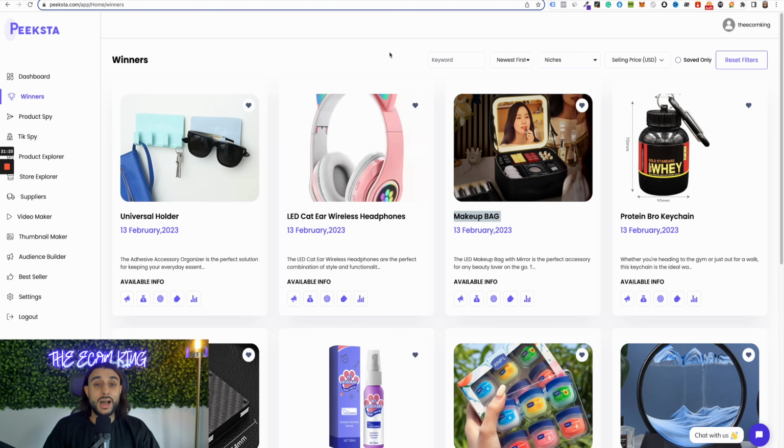Would I say this is worth $70? I'm not too sure. I'd say it's worth maybe $30 or $20, but I definitely wouldn't say $70, especially for a beginner. If you have to go through 10 products, you do the math, that equals a lot of money. Now, in my opinion, a great alternative to actually paying for Fiverr freelancers to do the product research is